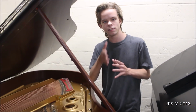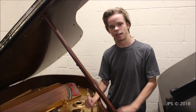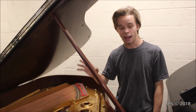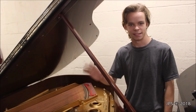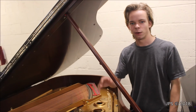Shims are used to insert more wood into the soundboard to give it more of a crown, to bring back the life of a piano that has a flat soundboard and doesn't project well anymore. And I'm going to say that the condition of this soundboard has been brought back to brand new because it sounds absolutely beautiful. So let me come around, talk a little bit more about the piano, and then I will play it and